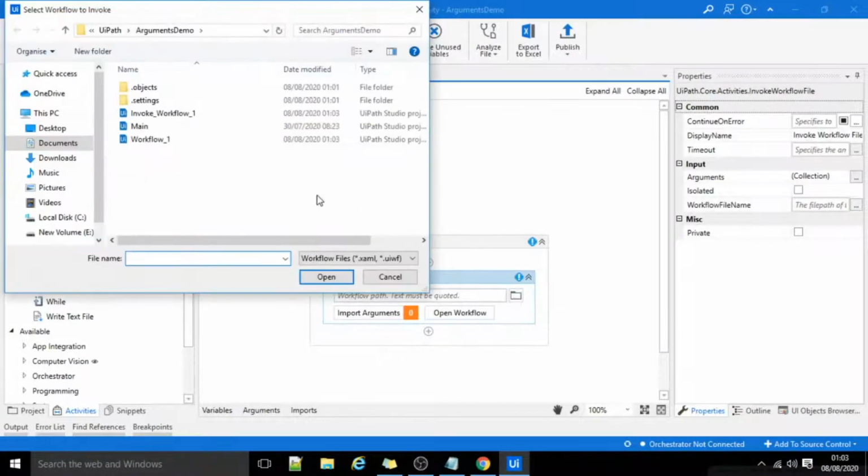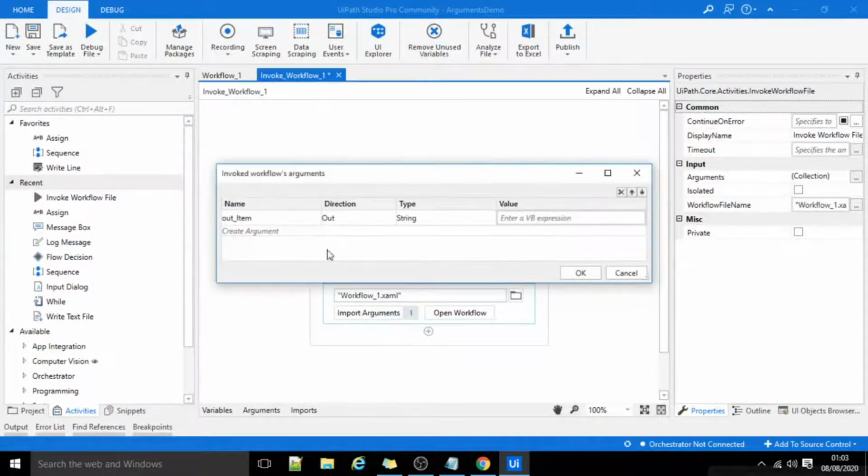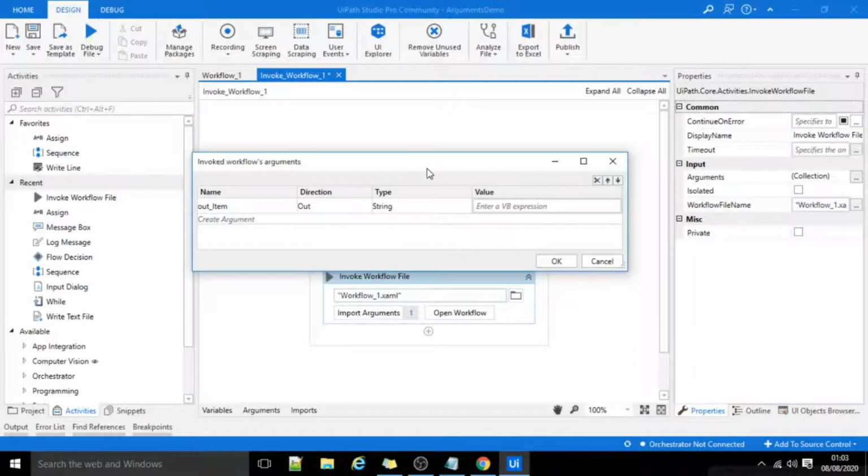I'll choose that Workflow_1. I'll click on Import Arguments. So this argument panel is showing that we will get a value of out_item as a result of this call.